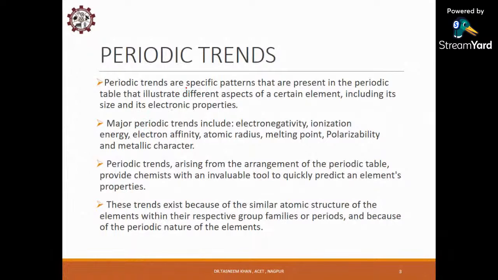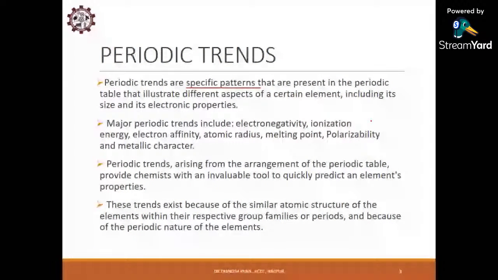Actually, these are nothing but the specific patterns present in the periodic table that help in finding out the different aspects of elements, including their size and electronic properties. Okay, so major periodic trends basically comprise electronegativity, ionization energy, electron affinity, atomic radius, melting point, polarizability, and metallic